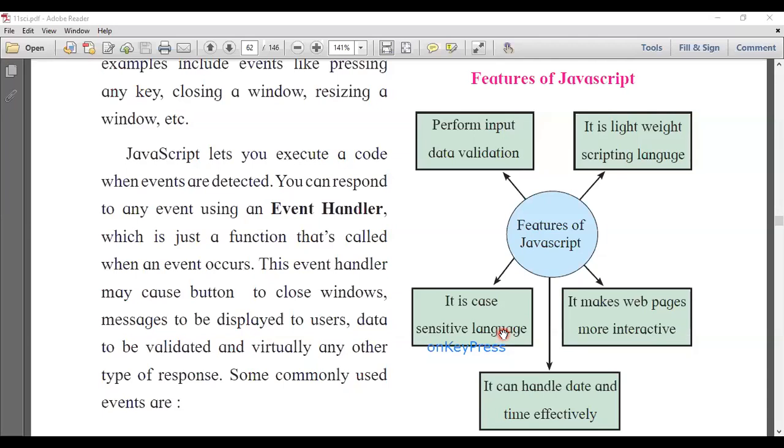Next is that it makes web pages more interactive. By using JavaScript, we can make our program or website more effective and more dynamic. To make it more dynamic, more flexible, more interactive, we are using JavaScript. By using JavaScript, we can slide text on a web page.